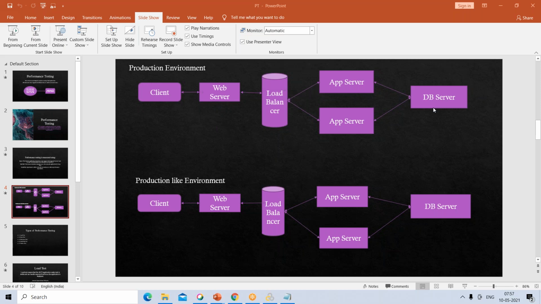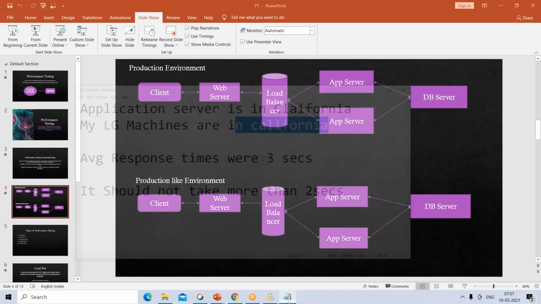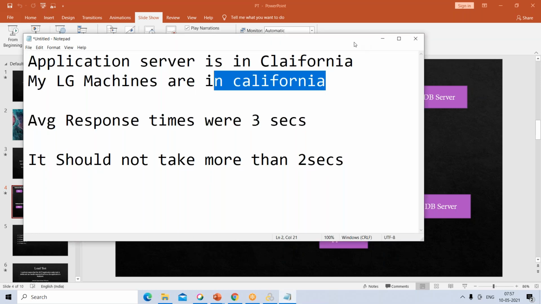So how can we use our Mexico load generators to simulate the network latency that California would have? What is the right way, in LoadRunner? Let's assume that.